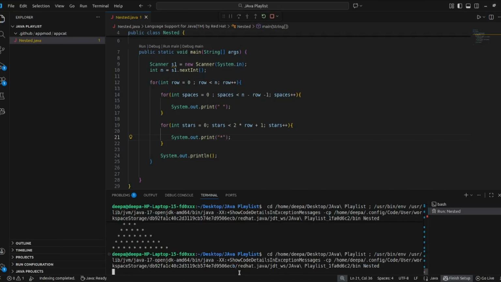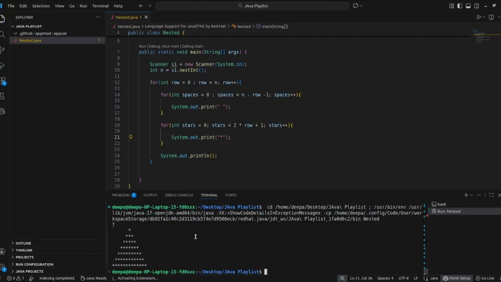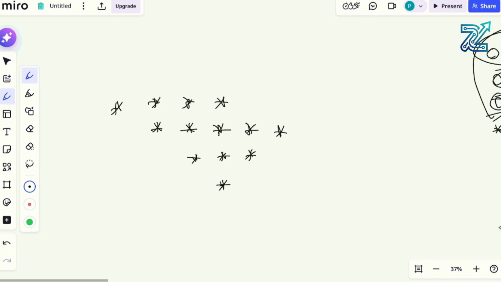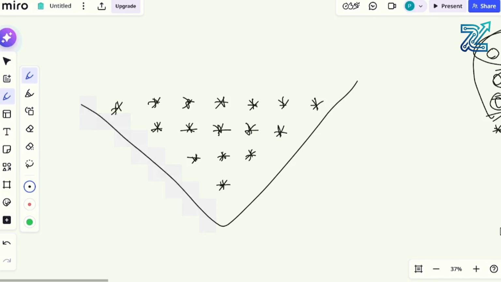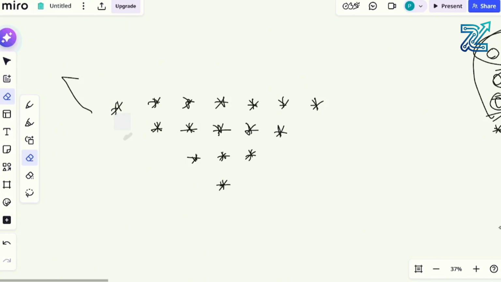So again 7 here. So we got the triangular pattern. Now we will try to print one more pattern here, the same exact pattern but upside down. This is the pattern that we are going to print. Previously we printed the normal triangle, but now we are printing it upside down. For that, the same logic, we are going to catch it: one space here, two spaces here,